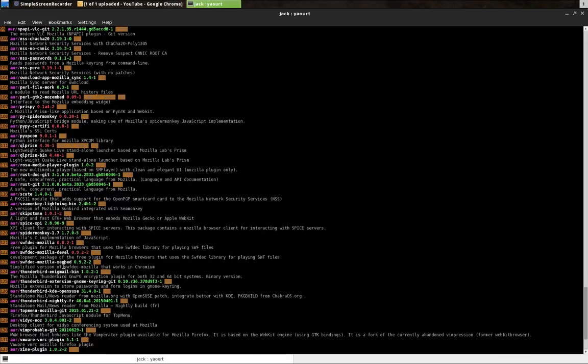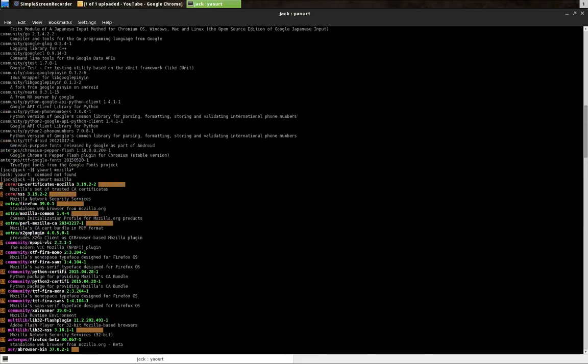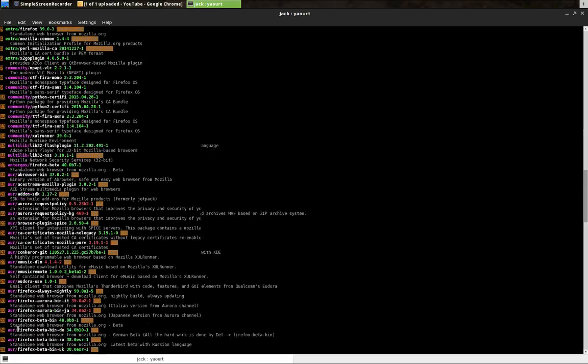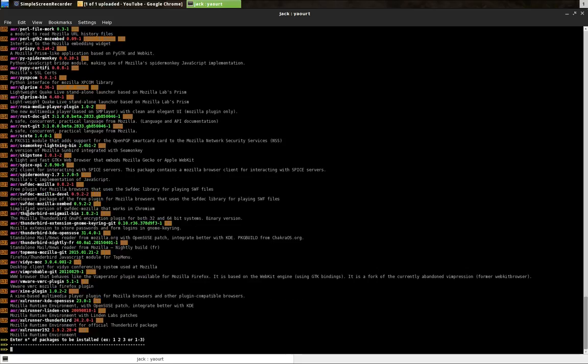Now, if we wanted to install the program, and I'm not going to actually do this, by the way, what you see happening in this list is important. You see how it's a numbered list. So let's say I wanted to install multiple packages. I wanted to install Firefox, Firefox Beta, and Thunderbird, which we established was down here somewhere. Thunderbird, we'll say Thunderbird Nightly. That's French, but